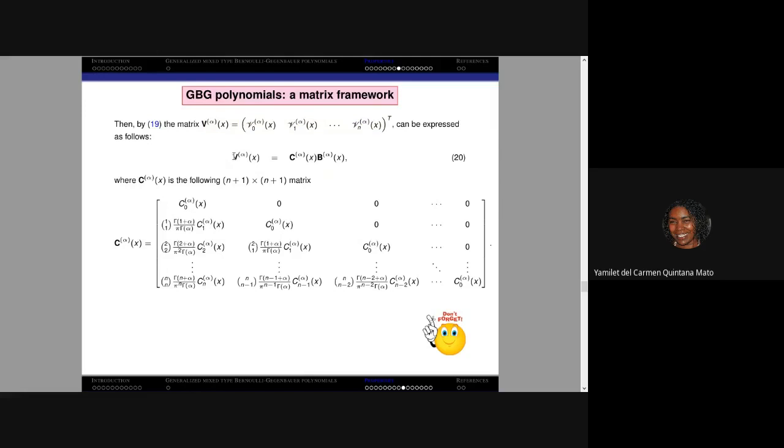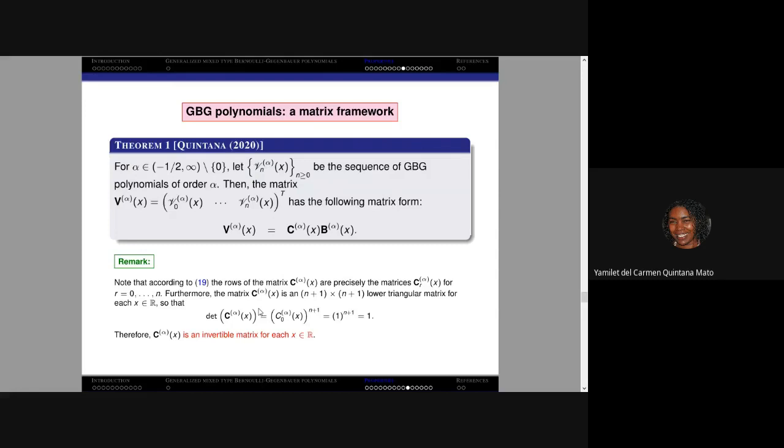So the matrix vector containing the information about the explicit representation of the GBG polynomial can be expressed by means of this product of matrices, where the matrix C alpha X is given by a matrix of order n+1, and this matrix